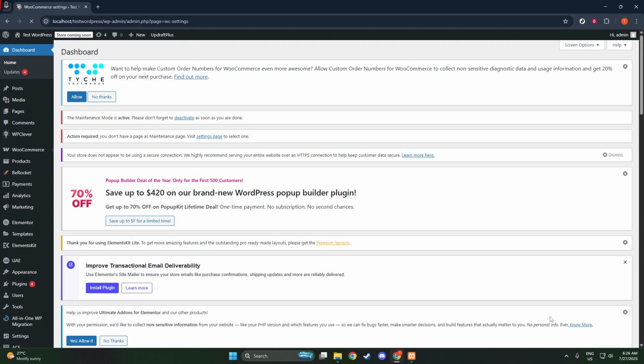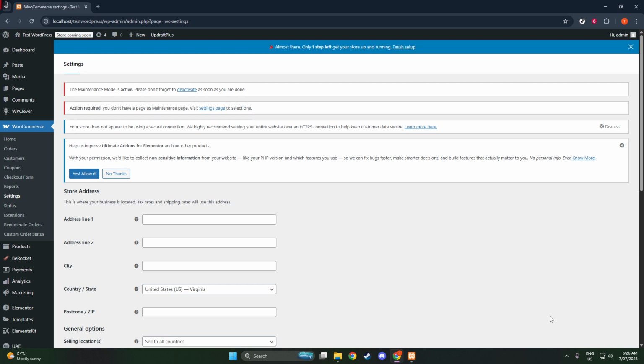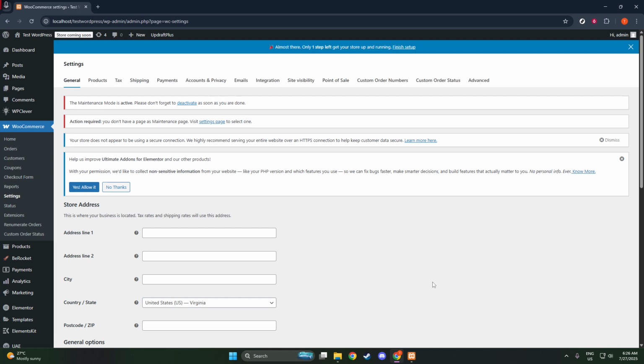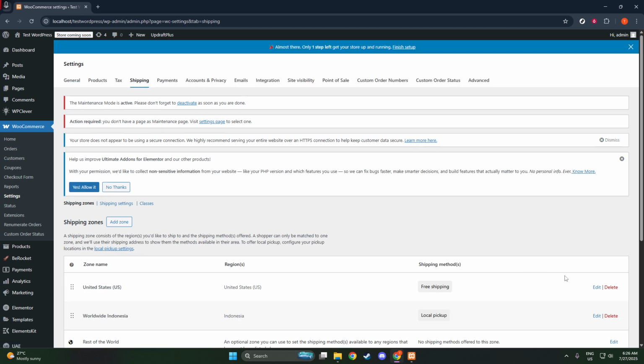To start off, we'll need to navigate to the WooCommerce settings. From your WordPress dashboard, look on the left-hand side of the screen where the WooCommerce menu is located. Hover or click on it, and a drop-down menu will appear. Select Settings from this menu. This section is essentially the command center for your WooCommerce store, where you can customize everything from payments to, you